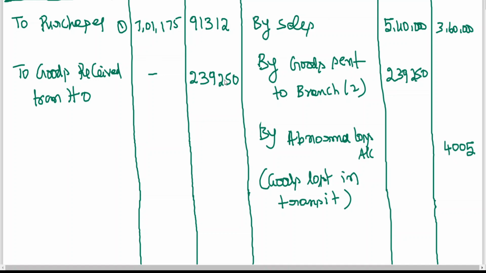Okay. What are the problems we are being given? Very old aged problem, very standard problem, 20-30 years back problems, but the concept is clear. I think you can work out the problems which you are having based on this. You will be going to the depth of it actually. I mean the logic, how we prepare these two things, the whole problem. Having said that, if you work out these kind of problems, you should feel comfortable doing any problem now. So okay, coming back to this now. Goods lost in transit is 4,005 rupees.